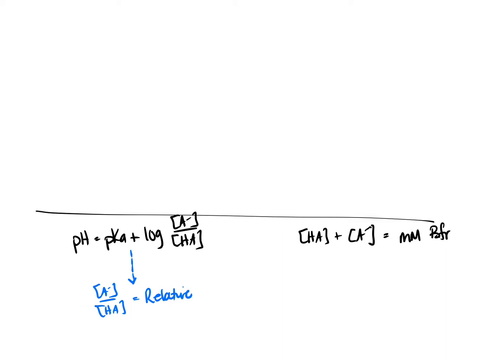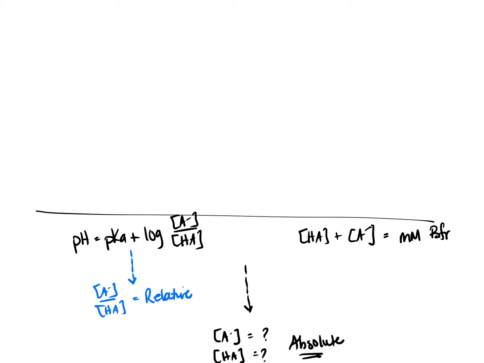So again, that is a relative number. We can't go into the lab and measure relative numbers. So by having a second equation that allows us to solve for a unique unknown, we can get to concentrations of A minus and HA, which are specific absolute